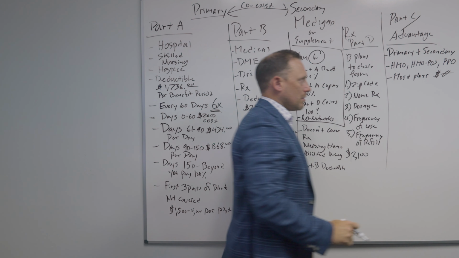Some plans are going to have deductibles. They're going to have co-pays for doctor's office visits, urgent care, emergency room, hospitalization, all those services rendered inside of a doctor's office visit or a hospital stay, or again, urgent care or emergency room visit. Medicare Advantage plans have what's called a max out of pocket,